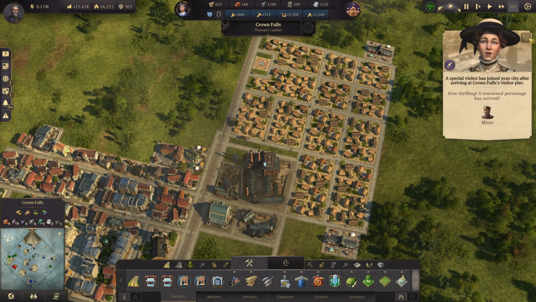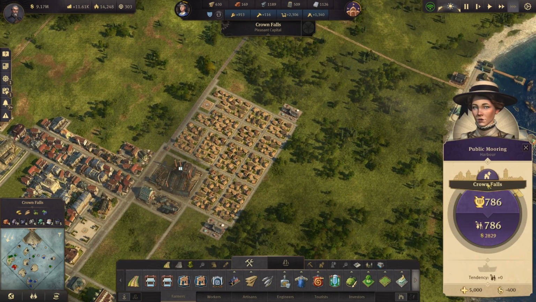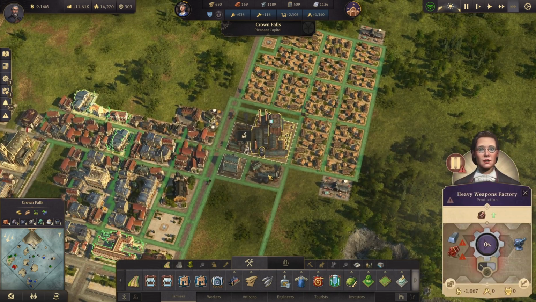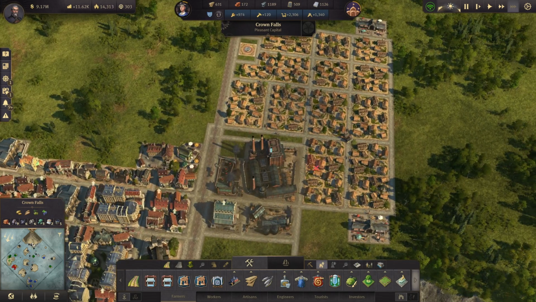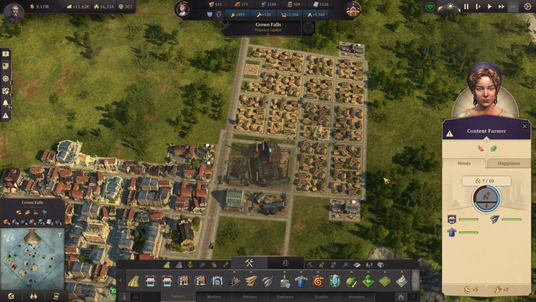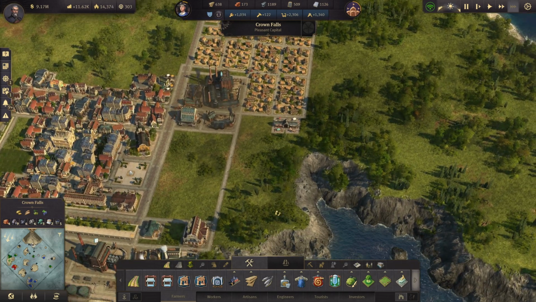A miner? Meh. Yeah, I tossed us down a public mooring over here. Get us a little more income going. Stand to attention for the boss. Yeah, stand to attention for me. What feeble creature. All right. Got all these right here upgraded. Guess as well I can...